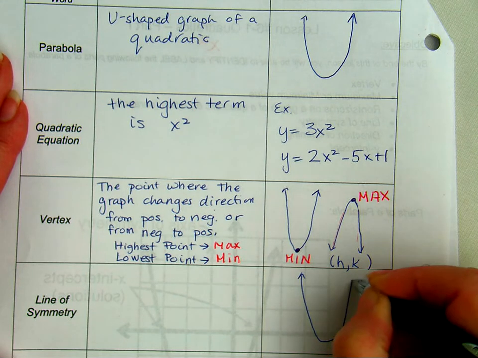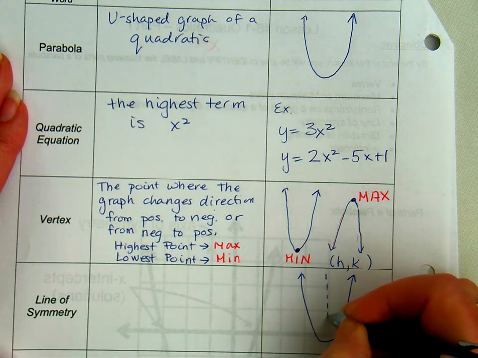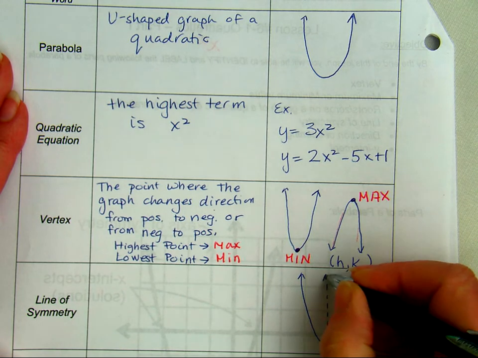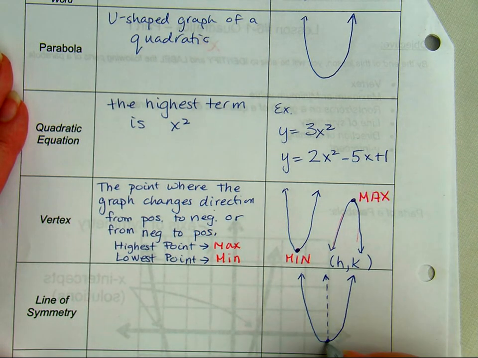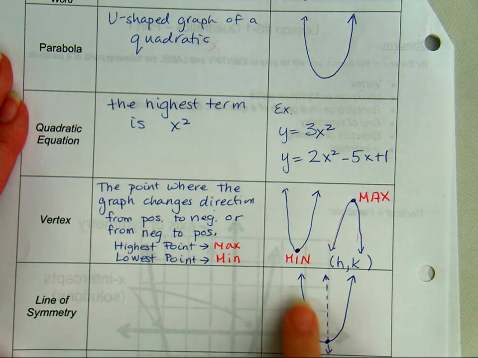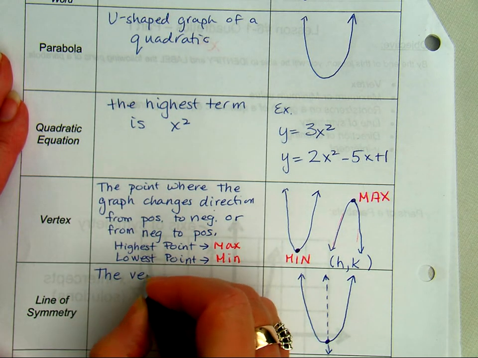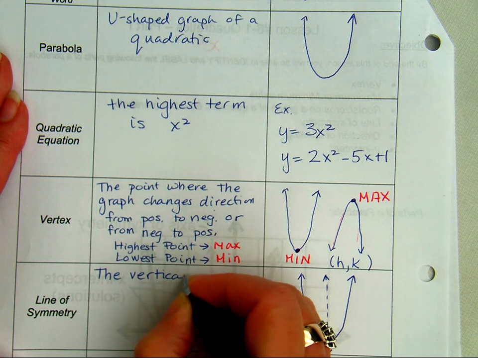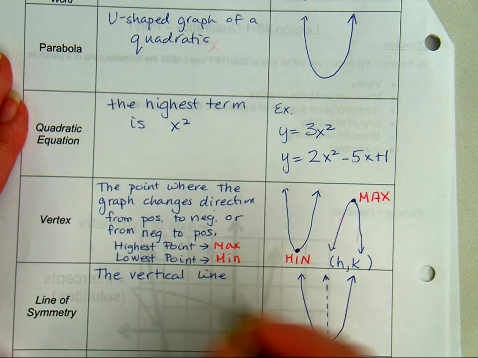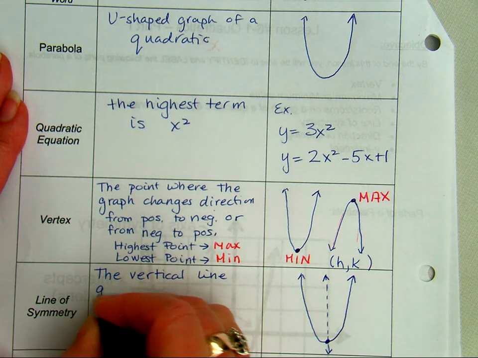Now, one other thing we can talk about is this line that goes right through the middle. And it goes through the vertex. What this line does is divides it into two equal parts. And it is a vertical line. So we're going to call it the vertical line going through the vertex,